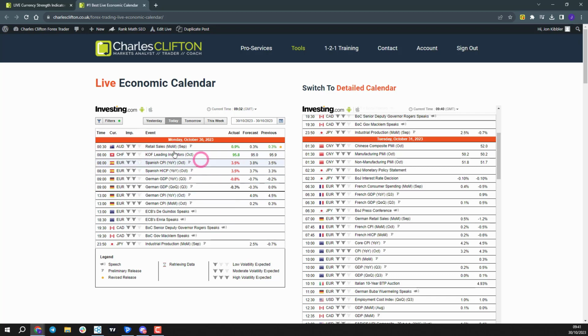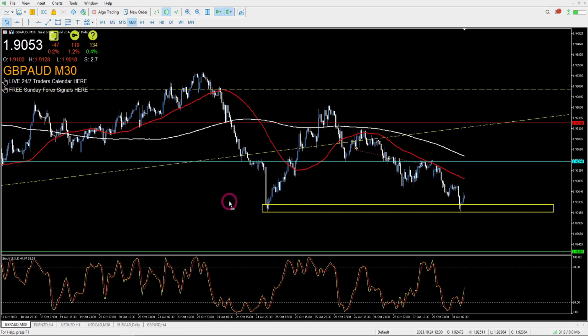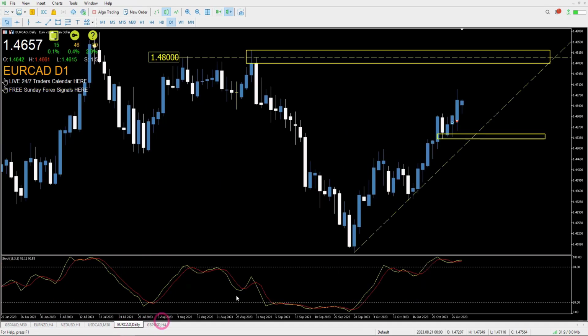Today though, like I said, we've had some data already out of Europe, got a little bit more this afternoon, and then we've got some CAD data, Bank of Canada Governor Macklem actually speaking. So lots of high impact data which would affect Euro CAD. Let's go flick over to the charts then. So this is pound Aussie. I'm actually going to flick over to Euro CAD first,